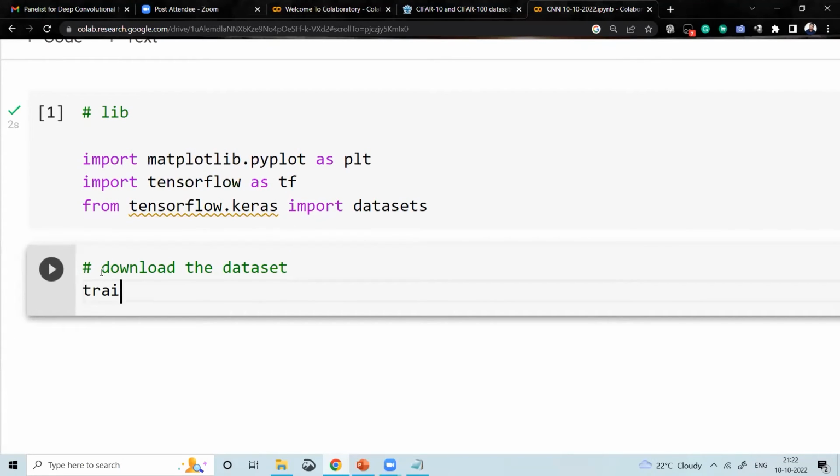So I'm writing here train_images, train_label, comma, second division, test_images, test_label, equal to